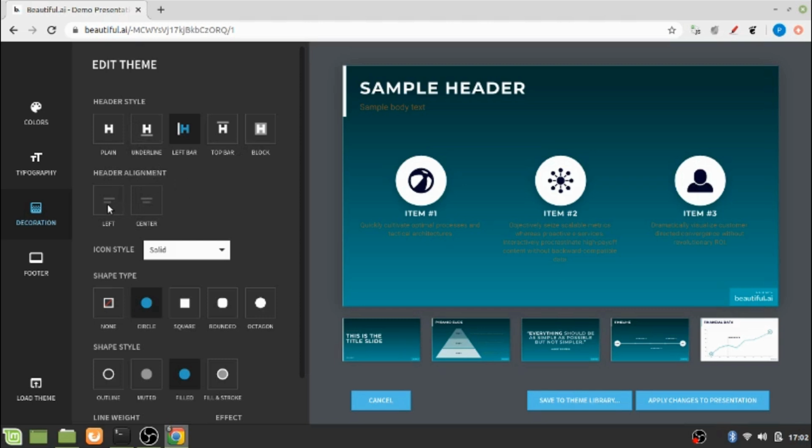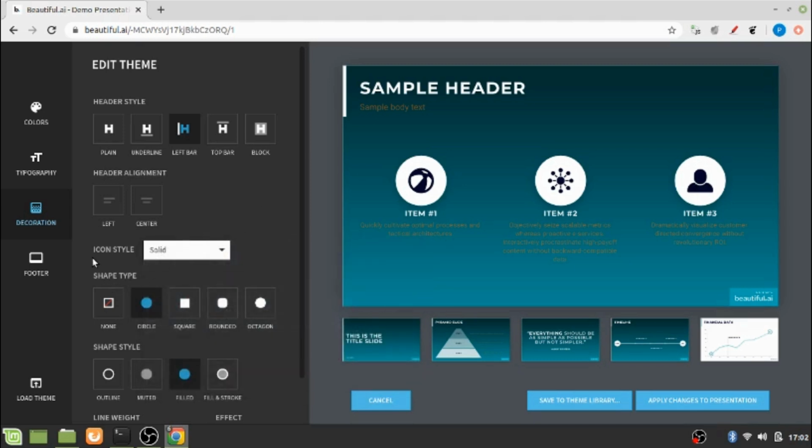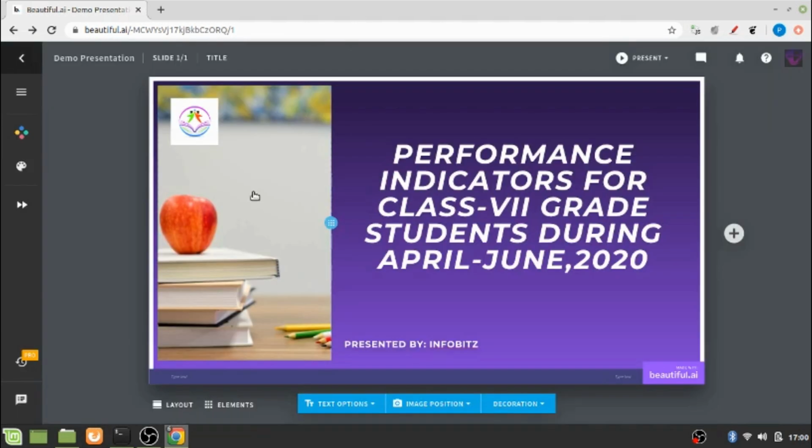Header alignment, you can do it on left or center. Then icon style, you can change it from solid to simple or sketchy. At present it is selected as solid, so I am letting it be like this. And then shape type, shape style, line weight, etc. you can change as per your wish, which are available on the left panel of this page.